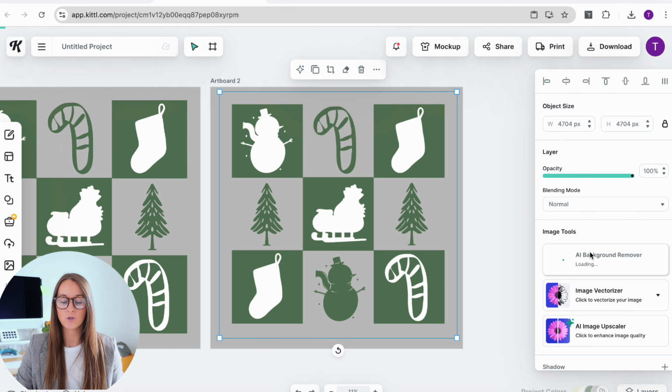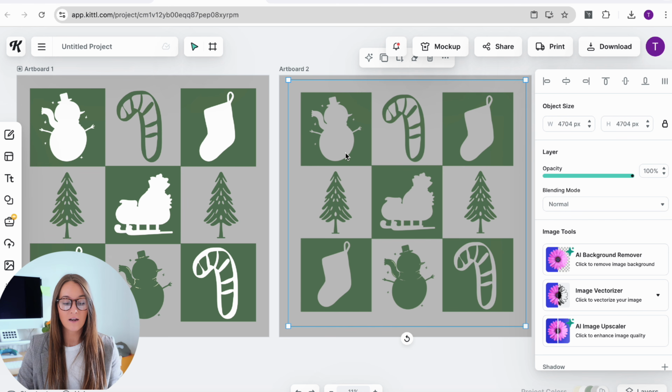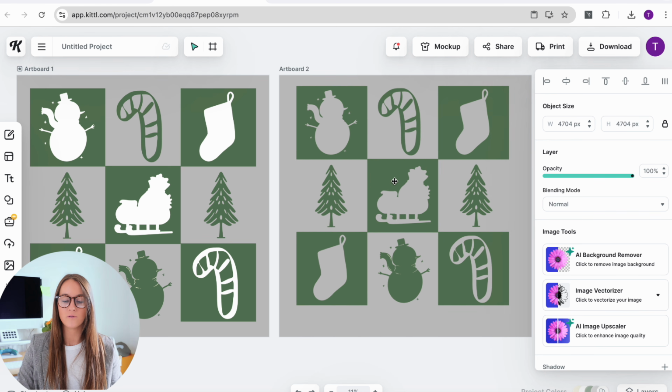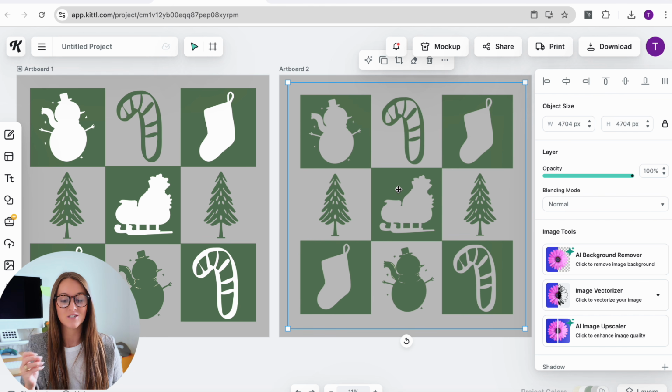What I am going to do is use the AI background remover in Kittl. Kittl by far has the best background remover. I use it for so many things, and voila. Look at that. I think that looks so cool. Okay, so we've removed the background. What that has done for our design is we can see this was the original template per se. We have those white spots because of the designs, but now with the background remover, we've removed all of those. And now all we have to do is just add a really cool distressed texture to it, and we'll have